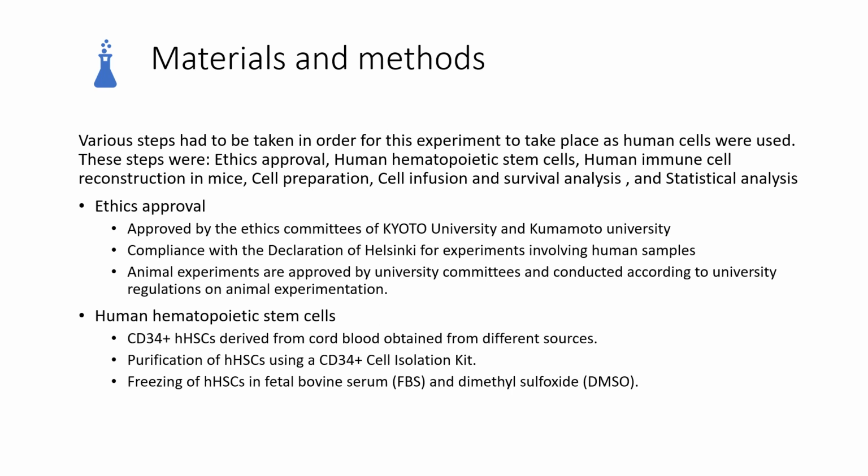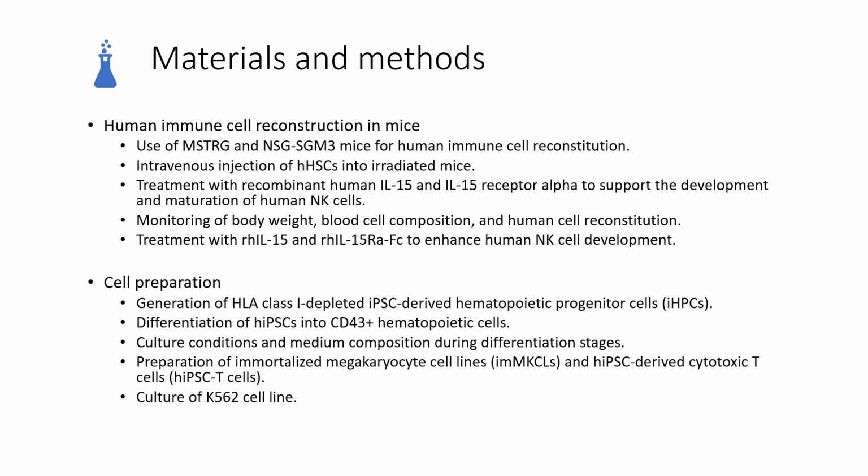For the human hematopoietic stem cells, CD34 plus HHSCs derived from cord blood obtained from different sources, the purification of HHSCs using a CD34 plus cell isolation kit, and finally the freezing of HHSCs in fetal bovine serum, also known as FBS, and dimethyl sulfoxide. The materials and methods used for the human immune cell reconstruction in mice was the use of MSTRG and